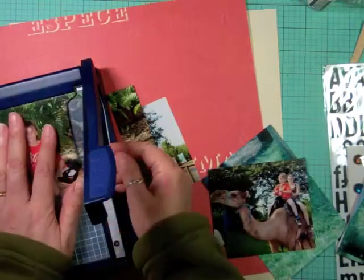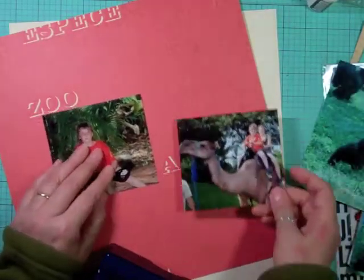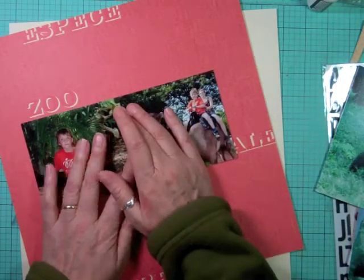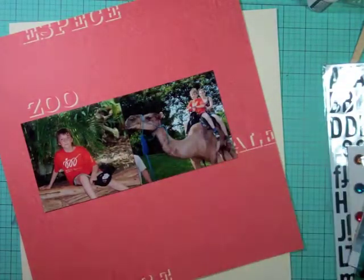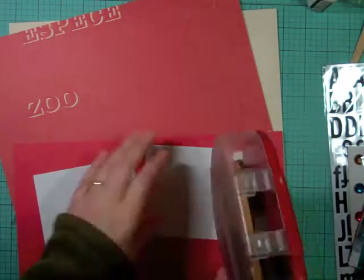I didn't know how many pictures I wanted to use on this layout, but because of the words on the page, I was trying to leave as many words as I could. So the more pictures I would add on that page, the more it would cover the rest of the words. So I decided to just go with 2, and I cut them down to approximately, I would say,